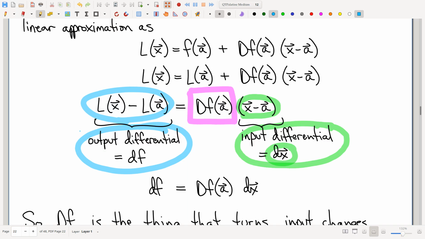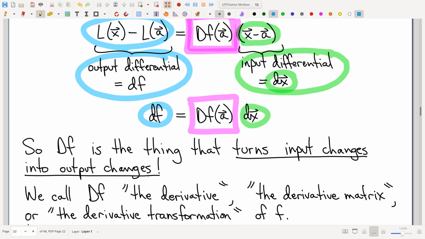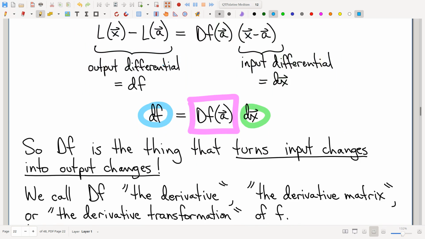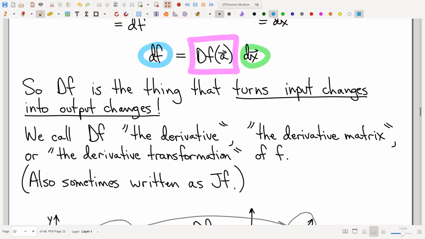So back to df. What is df doing? df apparently is what I multiply by input changes to get output changes. Where have I heard that expression before? That was our shared defining characteristic of a derivative. Remember when we first started all this derivative stuff, I said all derivatives have this one thing in common. They relate input changes to output changes in their various different ways and their various different circumstances. But it's always a relationship between input changes and output changes. And df does it